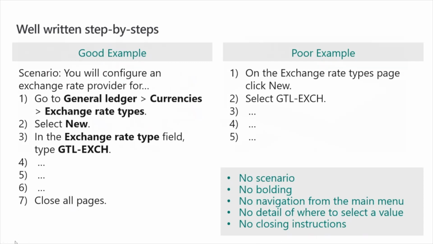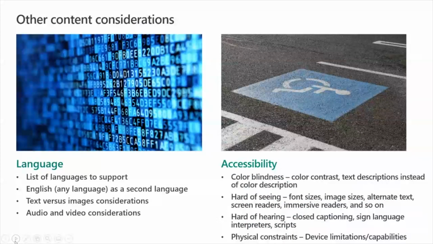All right. So, other content considerations, we talked a little bit about this earlier, is languages. So make sure you're creating a list of languages to support. Also consider if your content is going to be written in English, is English a second language for any of your participants? If your primary language that you're writing your content in is German, and you also need to make some content in French, or for some of your audience German is not their first language, consider that in the way that you write your content,